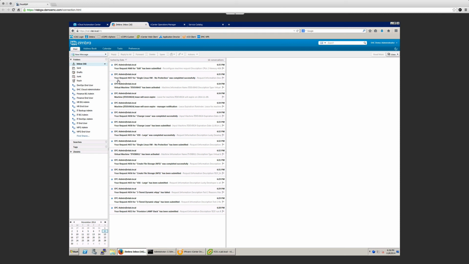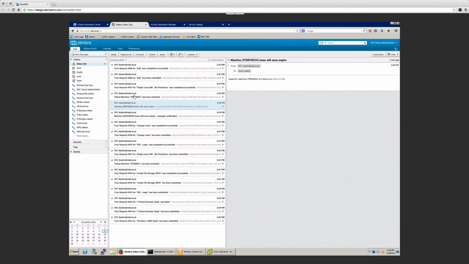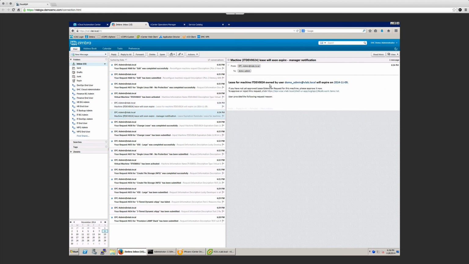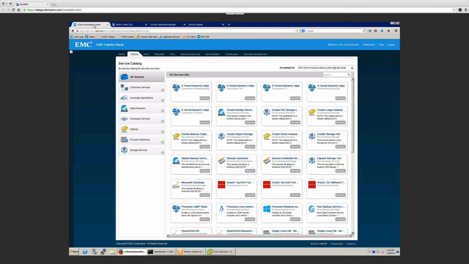You see a bunch of different activities here, so your administrator is never in the dark, or whoever is in charge, or whatever group is in charge, or change advisory board is always notified. You can actually force people. Here's an example of that expiration lease. The manager notification as well as the owner notification, and you can see if I want to extend it, I can just click on that button. The idea here is that if you give everybody proper notification,